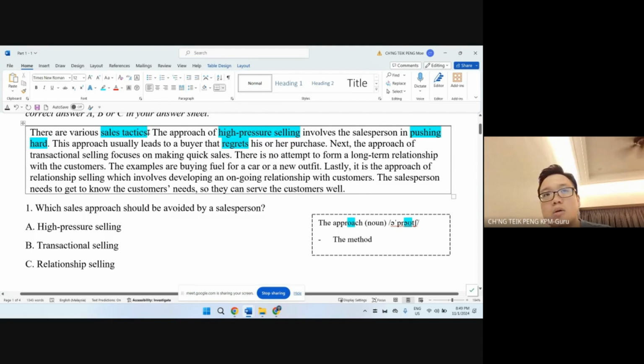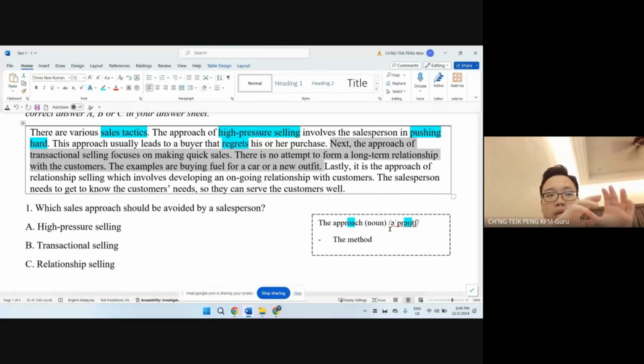Okay, so normally this selling technique is used in selling homes or houses. Maybe you can ask your father or your mother, when they want to buy a new house, the agent will tell them, oh, the houses are sold very quickly. If you want to buy, you have to buy now. You have to give us the deposit now. If you don't give us a deposit now, you won't get it because they are sold out very quickly. Okay, so that's the high pressure selling.